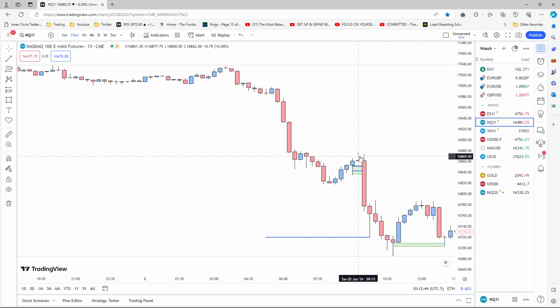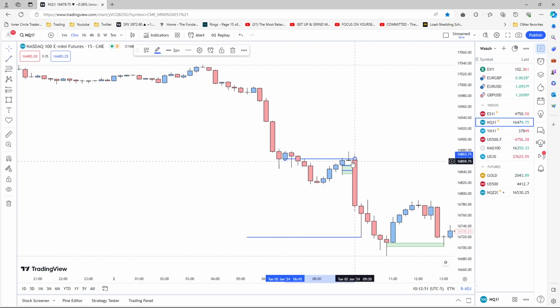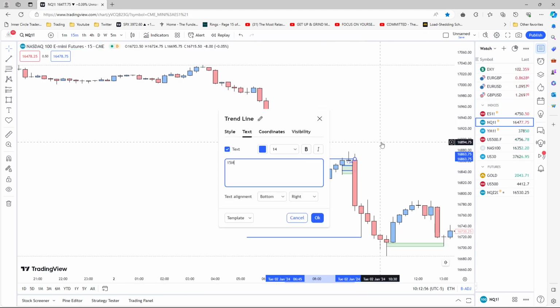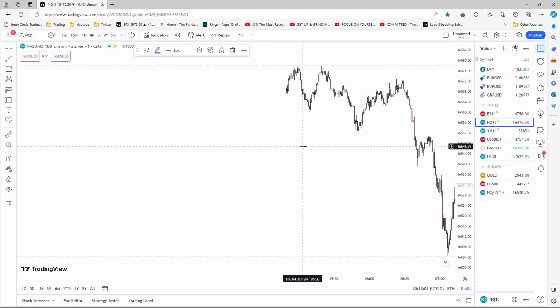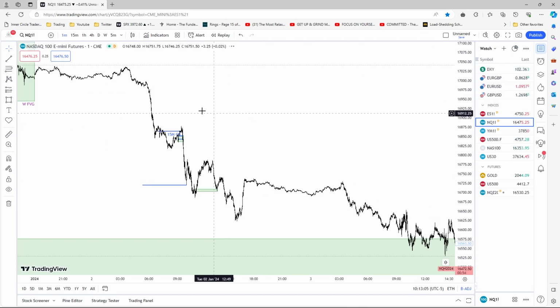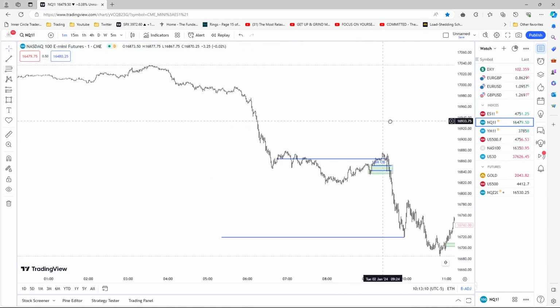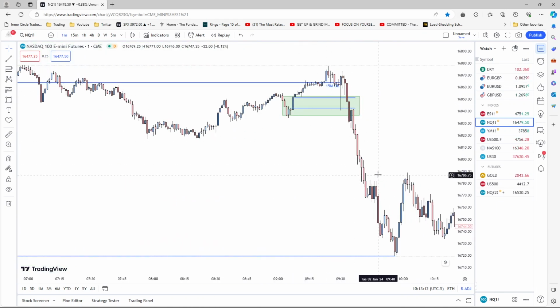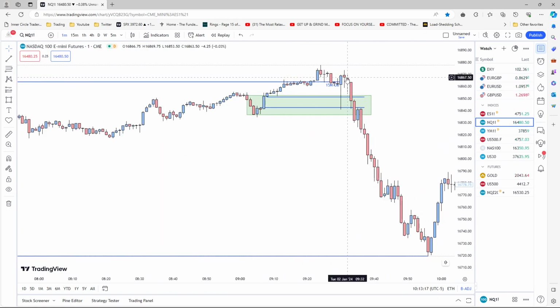Okay, the 15-minute to me is beautiful. This gives me what I want to see. I get that 15-minute order block. That's, again, a very, very good practice to always have price trade into a higher time frame level, and then you expect price to reverse. You can see we traded up into this 15-minute order block,